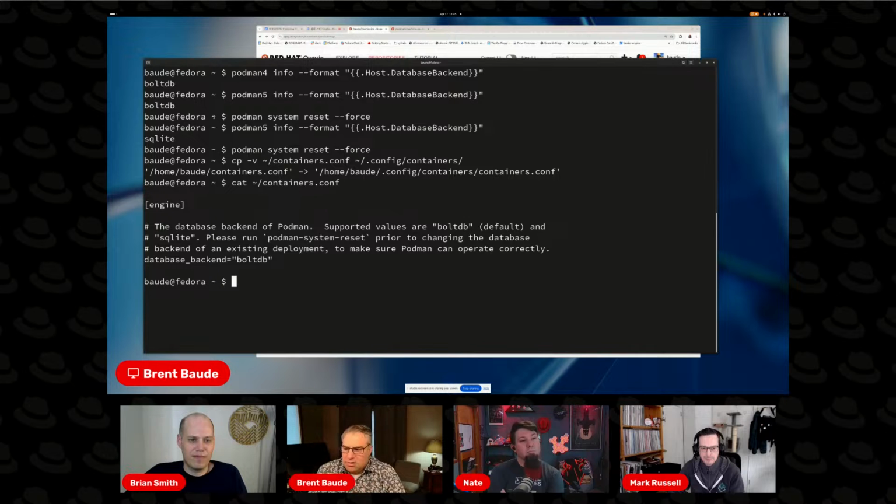It's a basic stanza-based file that allows you to customize how Podman is going to behave. Some people will go in here and hard set the database backend. If you don't set it, you just get the default. Some people will hard set it for any number of reasons. If that's the case, and then it's hard set, and you try to use